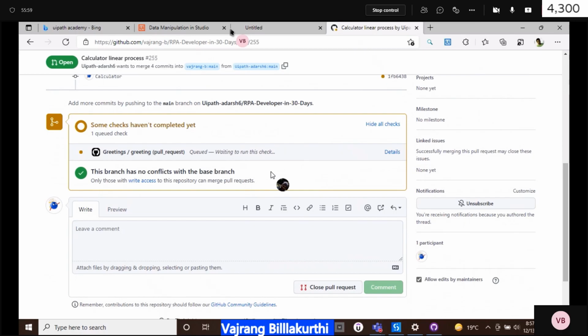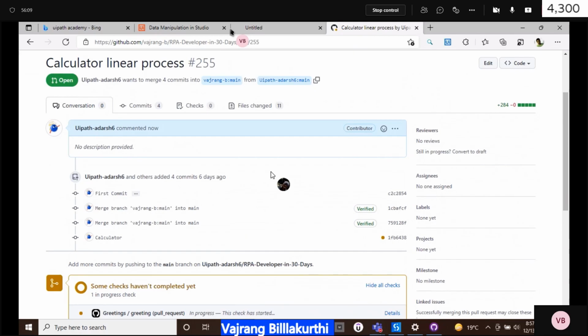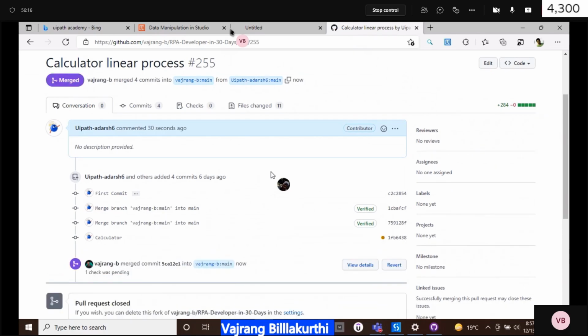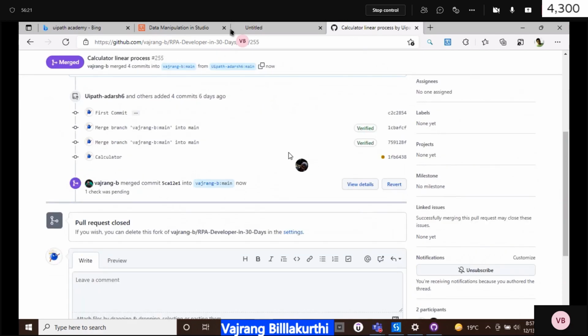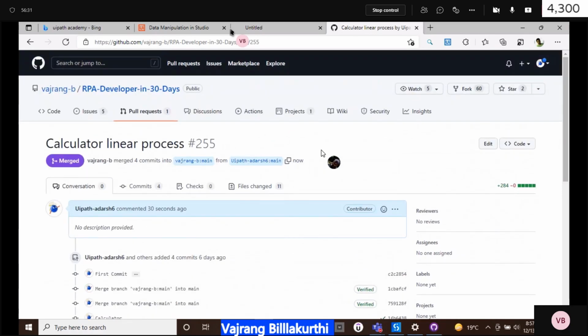Okay. So this branch has no conflicts. Checking one progress, and then let me check with the pull request and accept it. Squash and merge. So everyone can copy the file. Don't open Adarsh calculator file directly in your machines because that will throw error. Copy it into your local in your folders and then open it. Complete calculator folder.